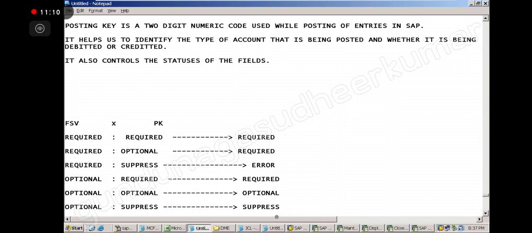Status, then immediately he will catch up, right? Oh no, field statuses are controlled from OBC 4, no? Then how will that happen? If there is a clash, what will happen? That question will come. That's why I discussed all this, okay? Generally posting key is mandatory, no? Posting keys are mandatory, no, sir? Mandatory, yes. In SAP, mandatory, correct. See, you have to give debit and credit, no? And debit and credit you are giving in number form. That's why it is mandatory.